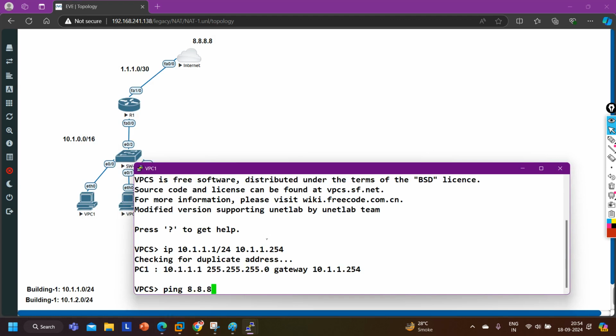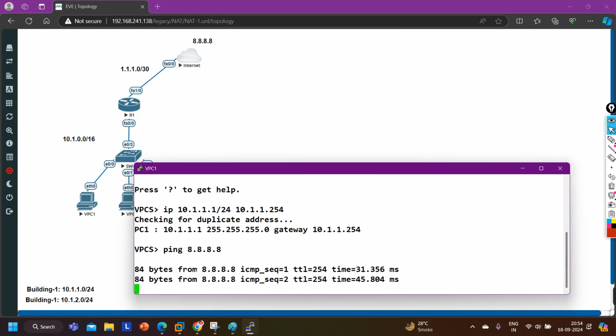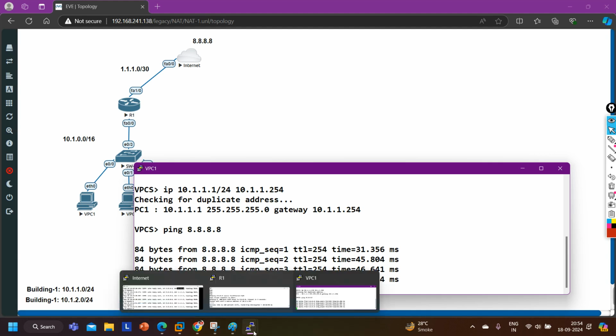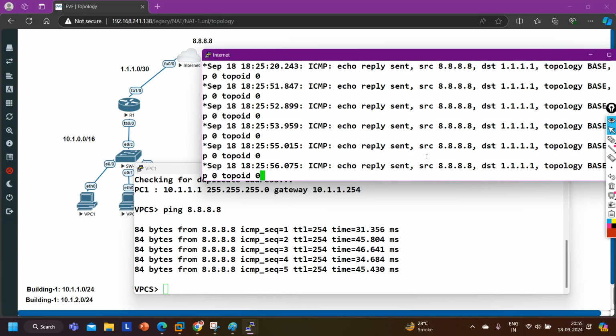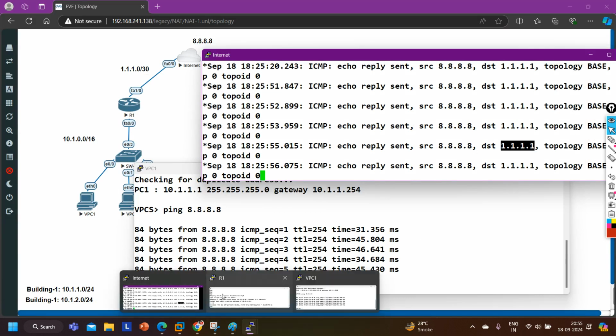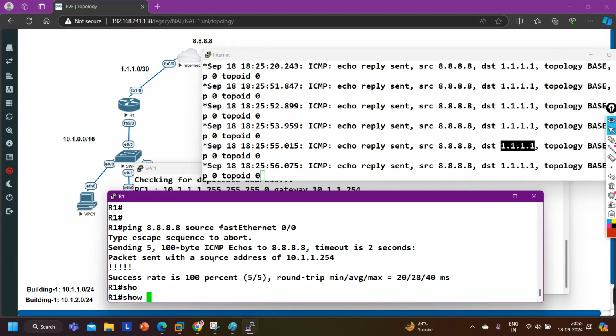And now ping 8.8.8.8, and you can see ping is working. That means my end devices and users are able to access the internet, and the internet is getting the ICMP packet from this source 1.1.1.1, meaning my router 1 is translating.